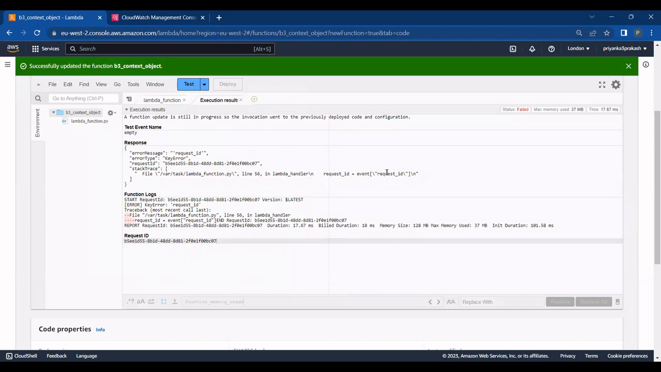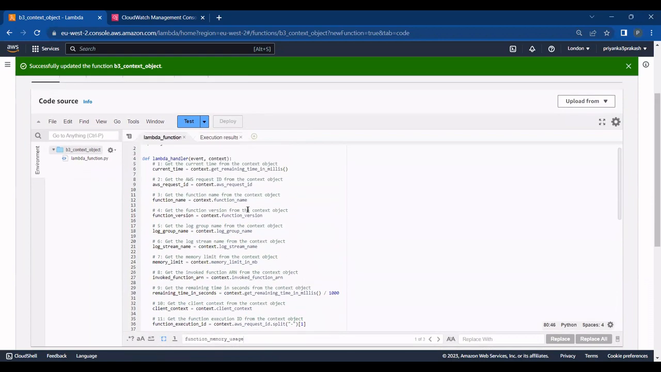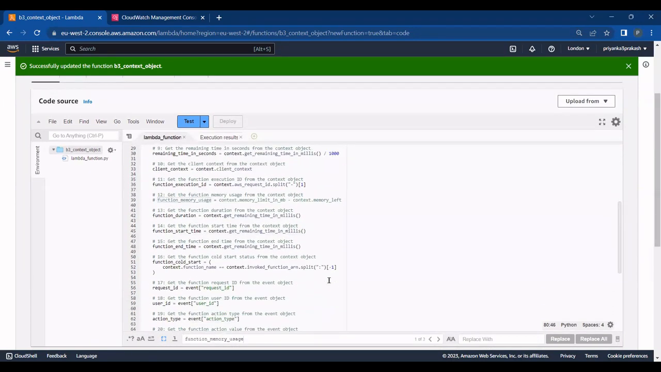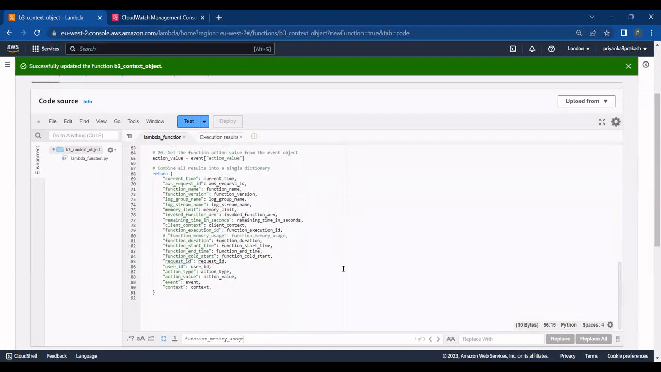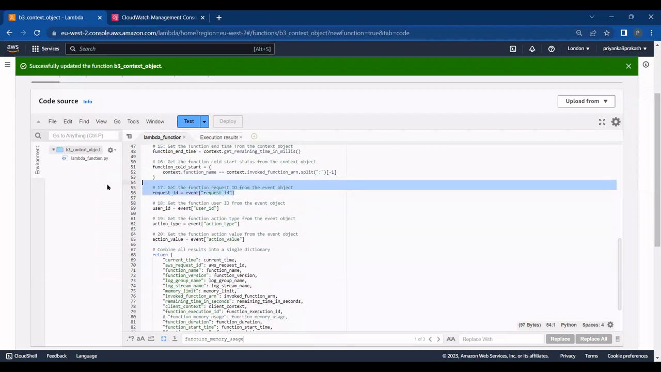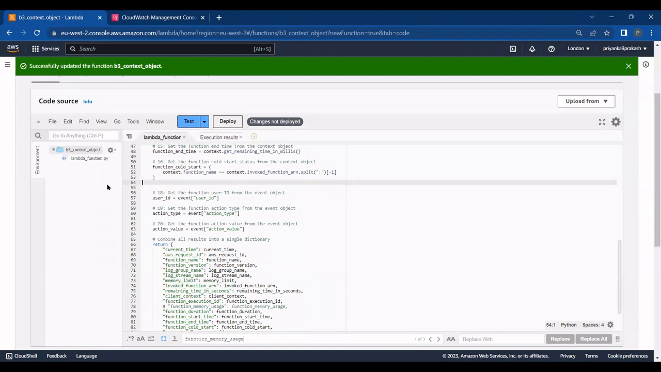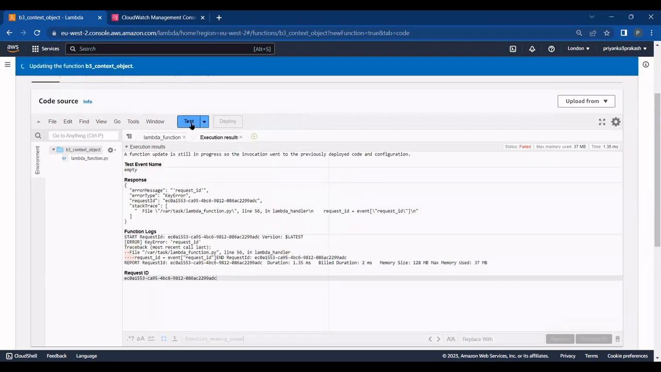Similarly, it is saying that you don't have a request ID. The error message is request ID key error. So it is taking not only the context elements, it is taking the event object also. Yeah, see here. Why is it taking the event request, which I do not need, right? The event is not needed. So if I remove it, request ID is also not needed. If I deploy it and run again,